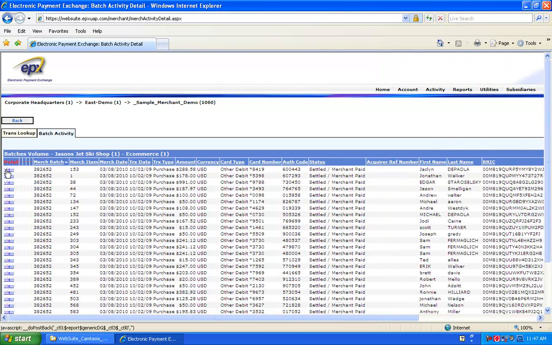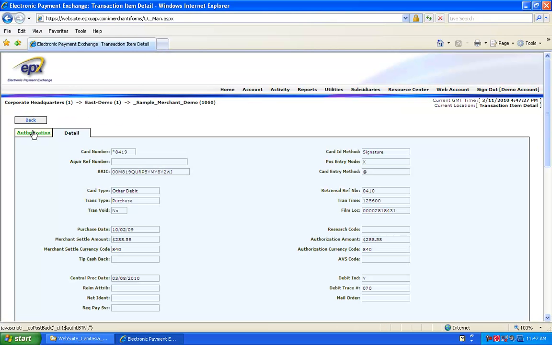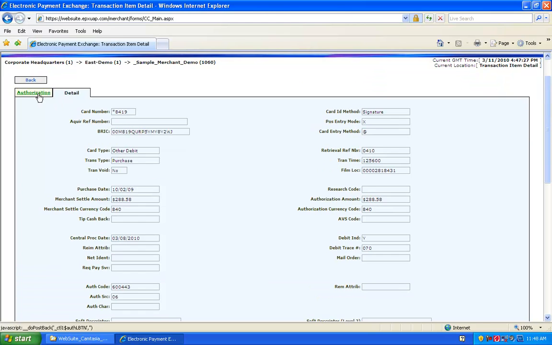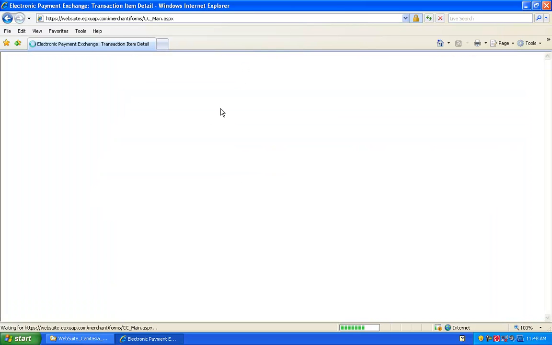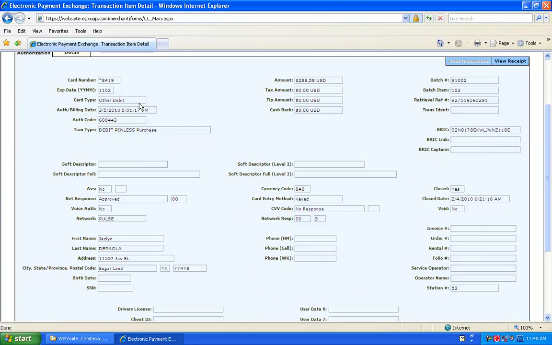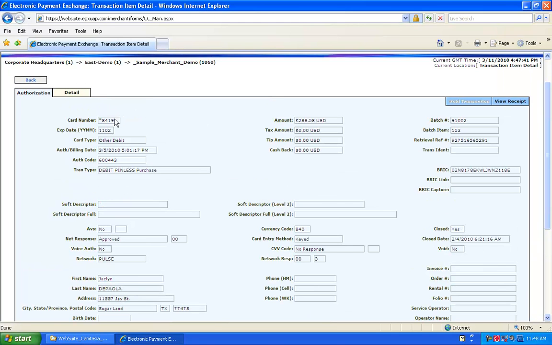To view the transaction, you can select the View tab. You'll see the life cycle of the transaction at the top between the Authorization tab and the Detail tab. The Authorization will show you when the item came in to be authorized. The Authorization record will show you the last 4 digits of the credit card, the expiration date of the credit card, the card type, and the transaction type, the dollar amount, the BRIC, as well as the